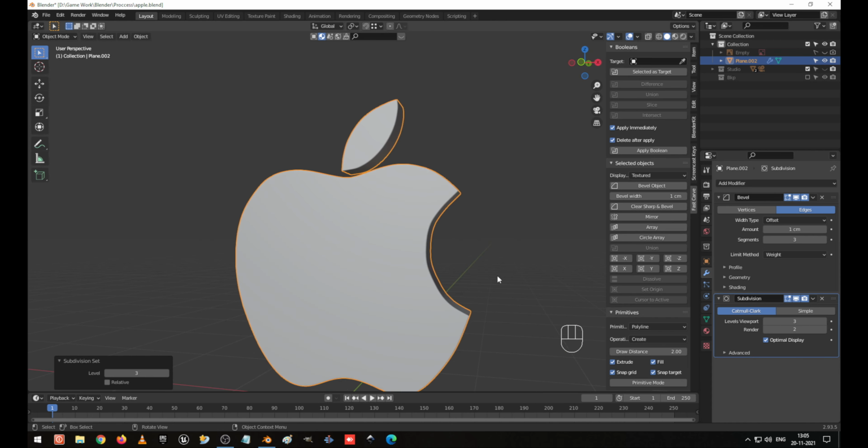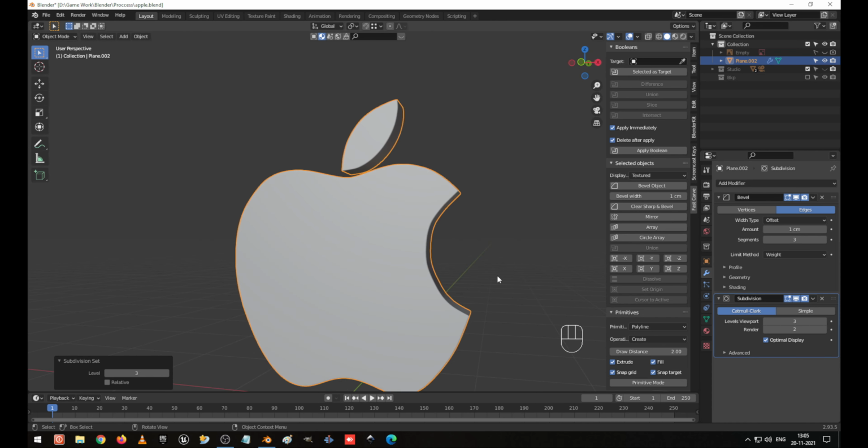Now I go to the shading option. Here I am going to scale it as per our requirement. Here is the scale, so I am going to make it 10. Oh, it's very small. I make it 5, and it's also not good. I am going to make it 3. Yeah, this looks better for us.